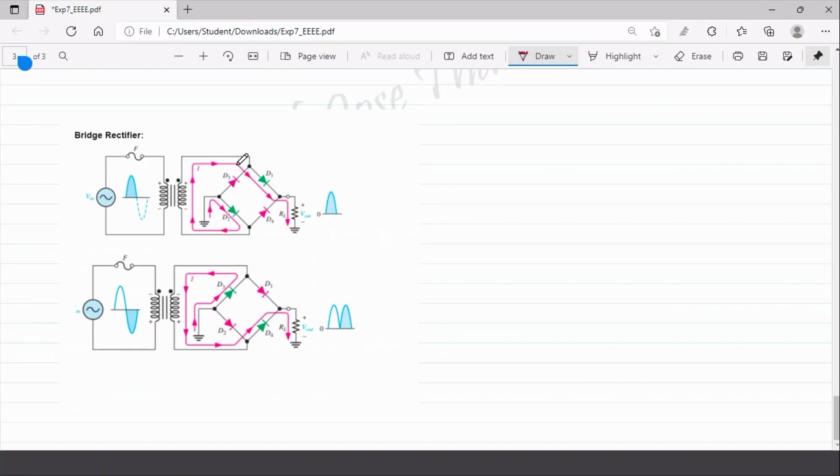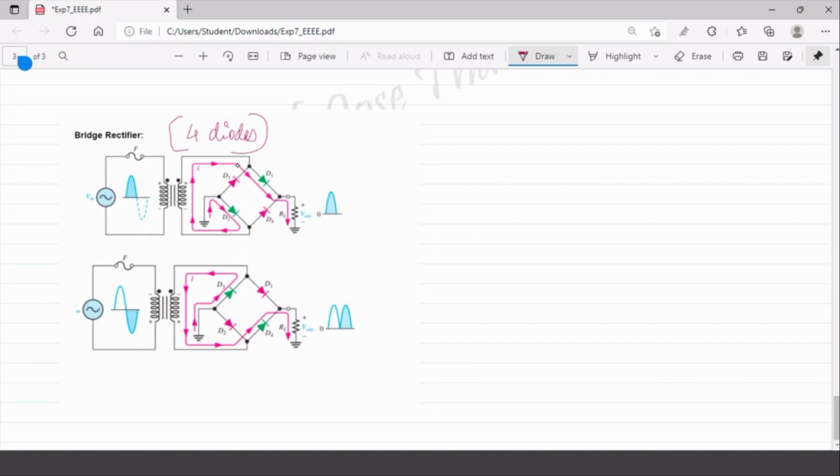Okay. Now what happens in a bridge rectifier circuit? What is the difference here? In a bridge rectifier circuit, we don't require any transformer. Even in this figure, you can see there is a simple transformer which is shown. It is not actually required. It's just for showing that we can provide some isolation in the circuit. So a center tap transformer is not required. The only requirement is 4 diodes.